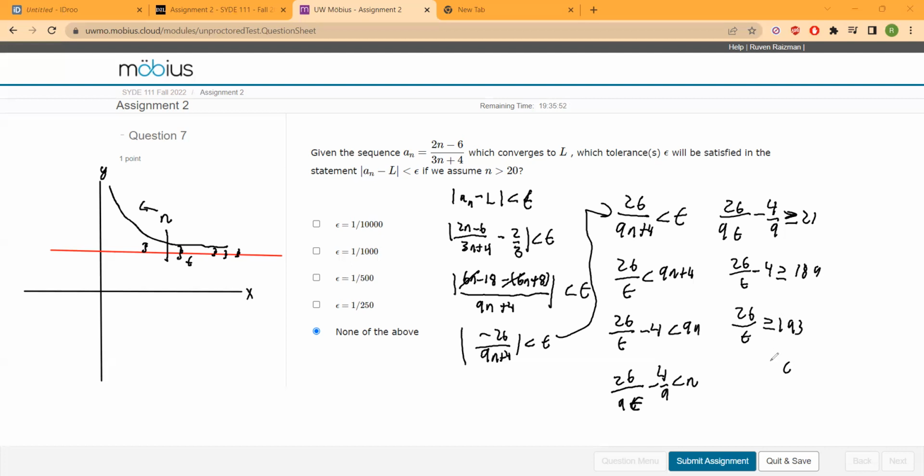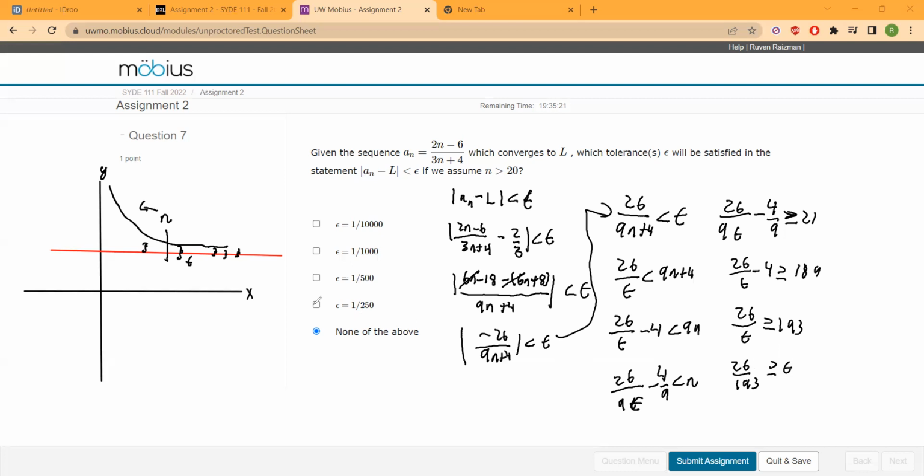And then epsilon should be greater or equal to, one sec, we'll figure this out. Oh, because it should be smaller or equal, one sec. We'll figure this out in a sec, and I'll explain it better. But 26 over 193. So now what does this mean? Our epsilon should be, I messed up the sign here somewhere, but in essence, the way you should think about this is,